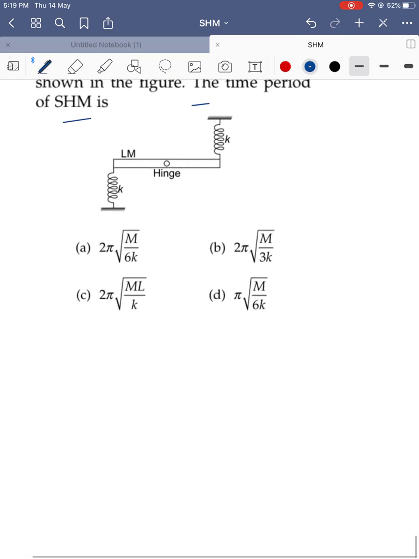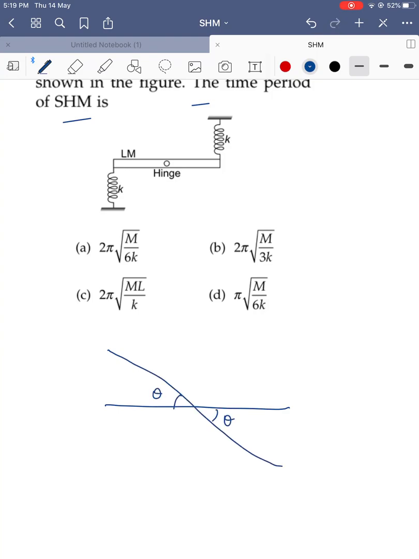So whenever you see this kind of questions, we displace a little bit, right? Similarly, now the rod is horizontal, displace it a little bit, that is, rotate it a little bit. This is an angle theta and here is an angle theta, and here one spring is stretched, another spring is compressed. Follow my steps. Consider a small displacement x here.